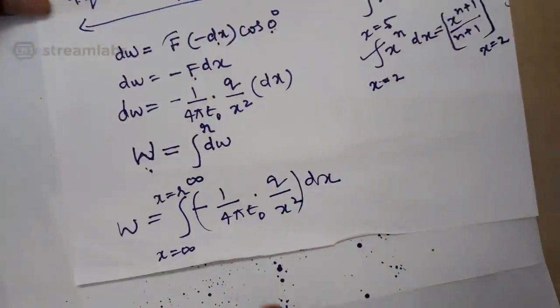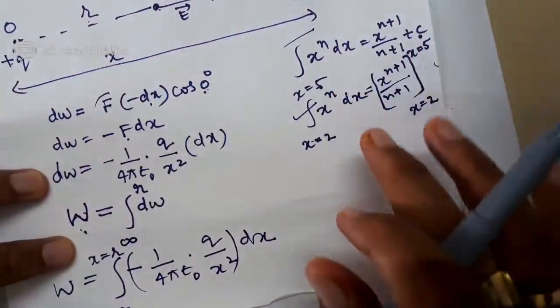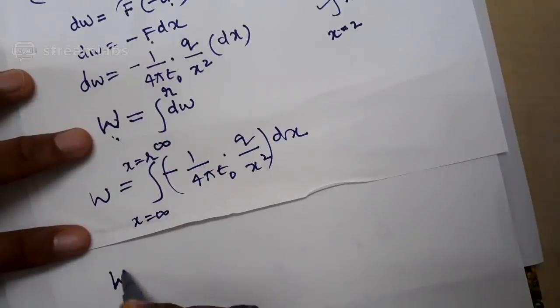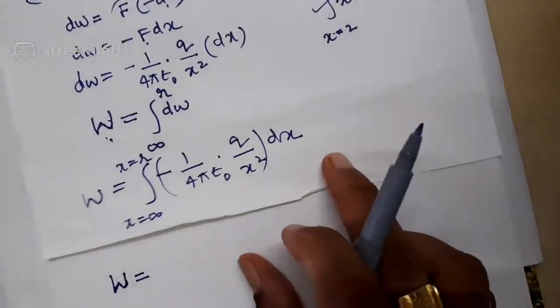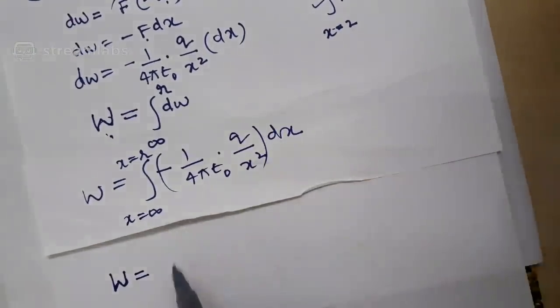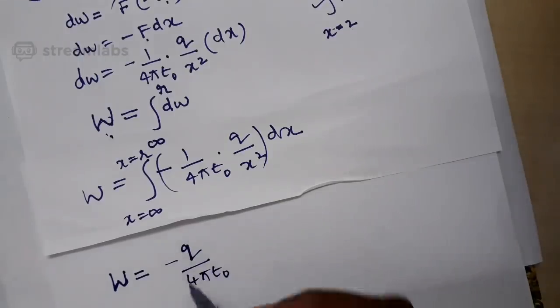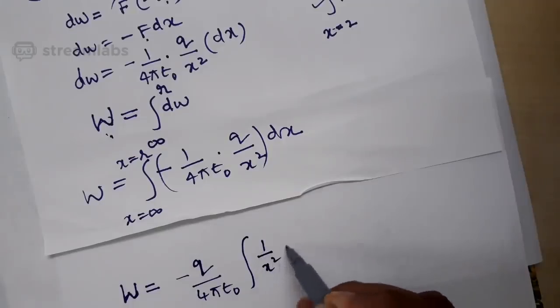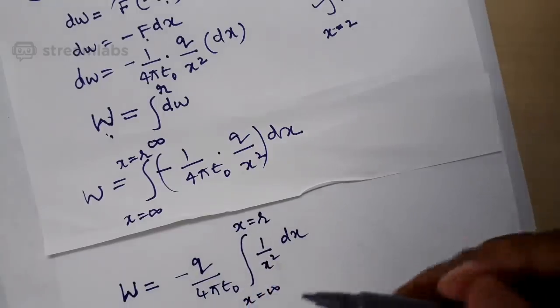Okay, let me continue this discussion. So the integration basic formula is here. Just like in differentiation, the basic rule of integration is that constant terms are taken outside the integration. Since you are integrating with respect to x, the remaining things are taken as constants here. So I can take minus q by 4 pi epsilon naught outside the integration. You will be left with the integration of 1 by x square dx within the limits x is equal to infinity to x is equal to r.